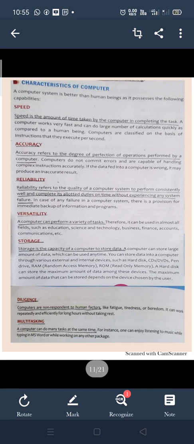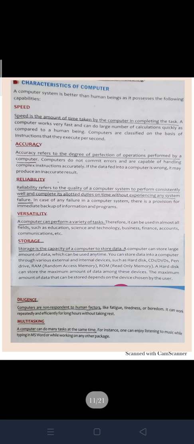Versatility means, versatile computers means they can do a variety of jobs. That's why they found their use in many places like education, communication, banking, business, okay, airports, and all these places because of their versatile nature. Storage, they have the capacity to store data, that is called storage. They have very high capacity, and devices are also available for storage like hard disk, CD, DVD, pen drives. These are used for storing large amounts of data.